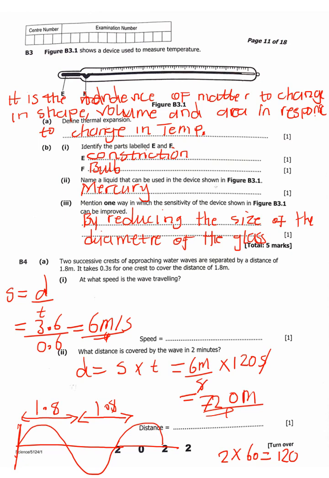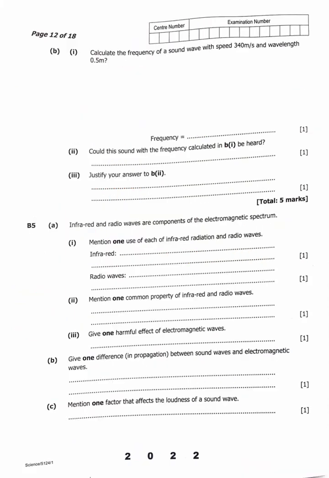Okay, so now let's move on to question B1. Calculate the frequency of a sound wave with speed of 340 meters per second and wavelength 0.5. So what are we calculating? Frequency. So use the formula: velocity is equal to frequency multiplied by wavelength. So we can divide by wavelength, also here by wavelength. So if we cancel,